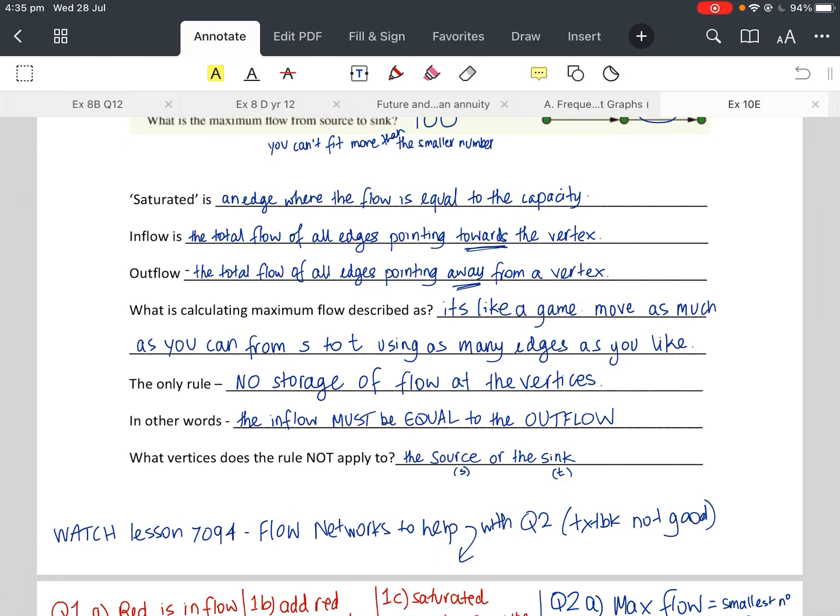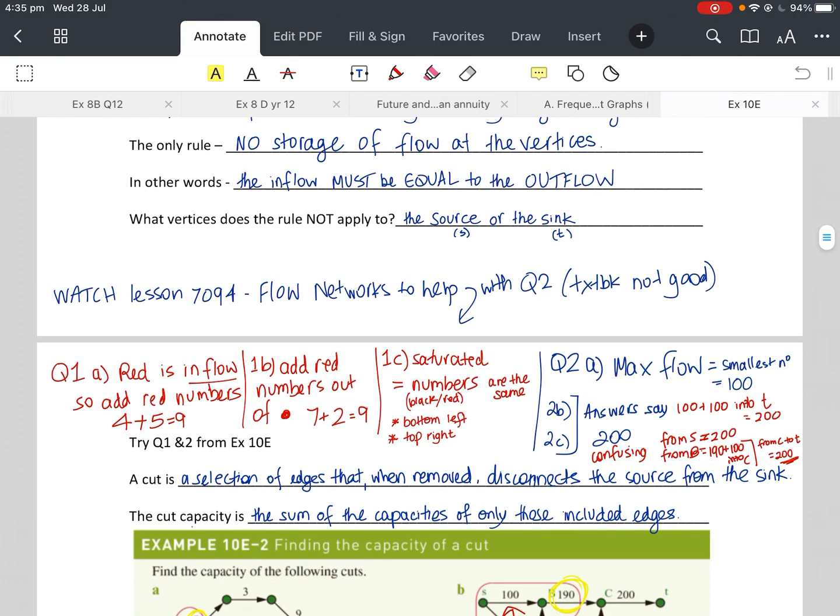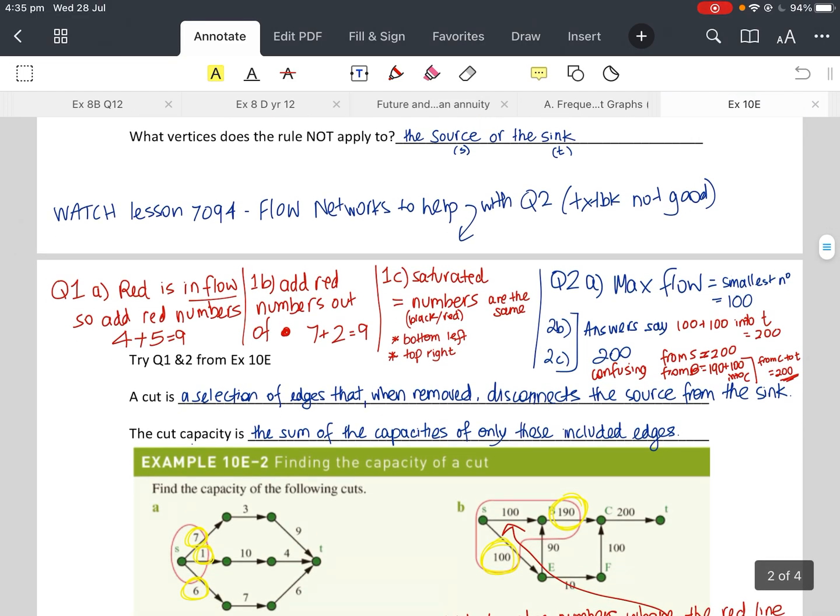Then I watched lesson 7094 of Flow Networks from Maths Online. And I found that it helped me quite a bit with question 1 and 2, because when I was looking at question 1 and 2, I was going, what? Don't really get it. Question 1 was a bit more obvious, but I think what you have to know is,